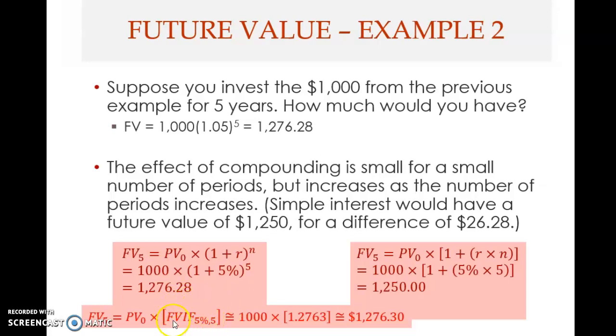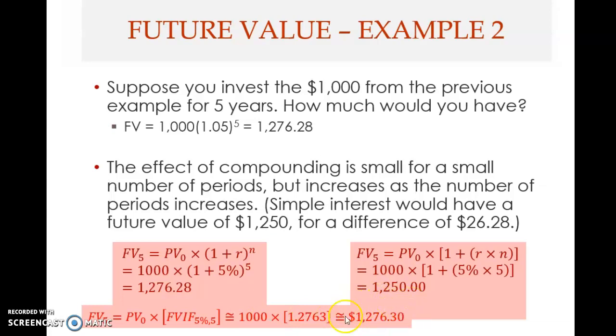If you look at your table at the end of the textbook in the appendix, table A1, look for the column of 5% and the row of 5 periods. That means every period you earn 5% interest. And the value that you see in that cell is 1.2763. This is rounded to 4 decimal points. When you multiply this with 1,000, the present value here,